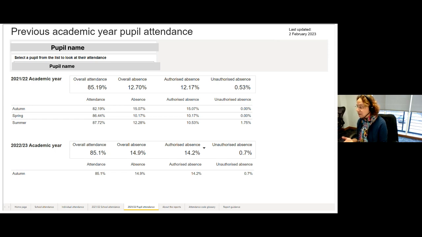Some of your schools may sign up to information from organisations like Fisher Family Trust. But for other schools, getting this information easily out of their management information systems is much more difficult. And what this will do for those schools is save them time. And you'll see that from the user research. Next slide, please.